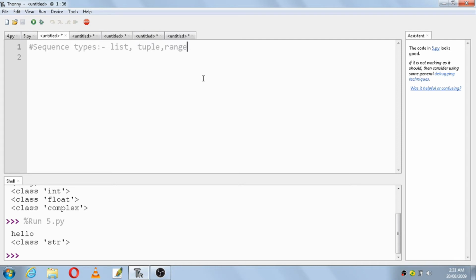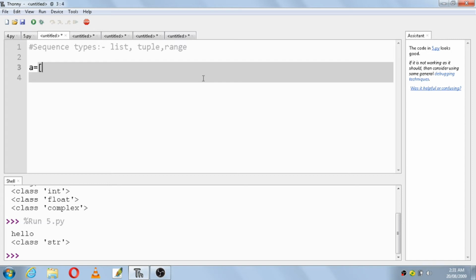So what we'll do next is take a variable a is equal to, and we will take brackets, and here we'll give some list of values. I'll give some fruit names here: apple, then we have mango, and then we have cherry.